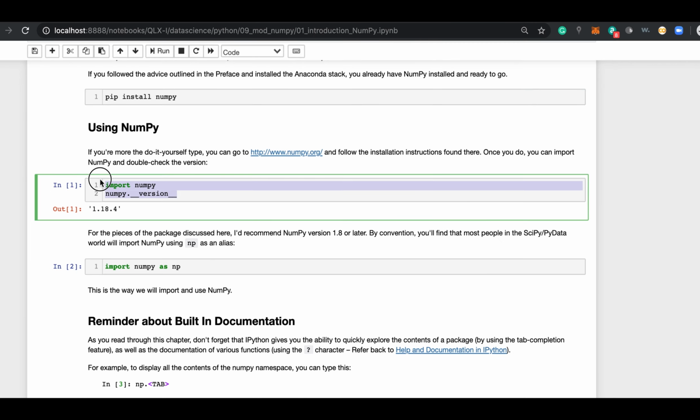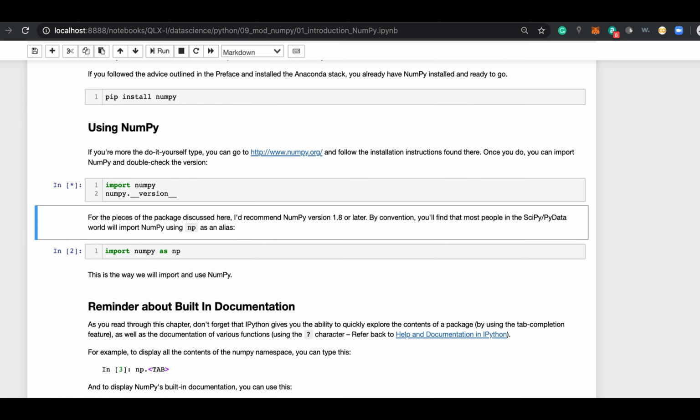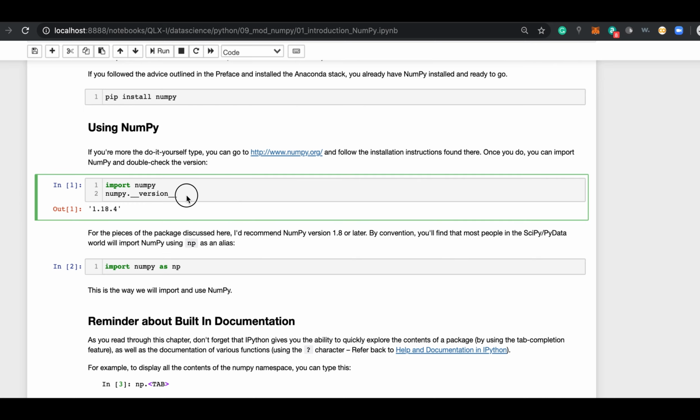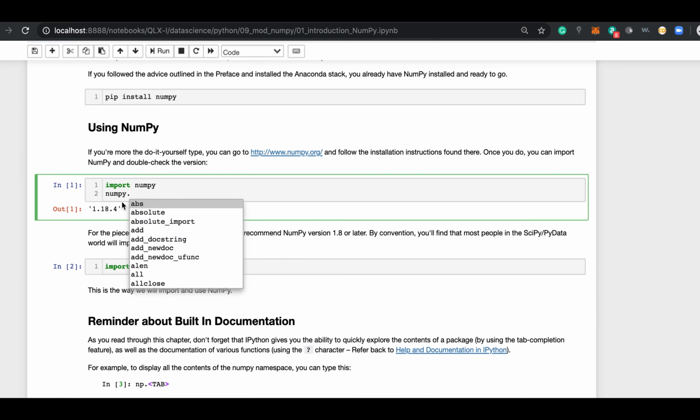But if we wanted to say what version of NumPy it is, you basically just say import numpy to be able to use it, and we're going to be talking about there's a standard for that and then the version that we have. Note, here's one problem with Python. It is an open source community that people are contributing to all the time. Things get deprecated on a daily basis. So sometimes when you're using NumPy or playing around with it, some function might disappear. They might rename a function. So what you'll see is there's a lot of